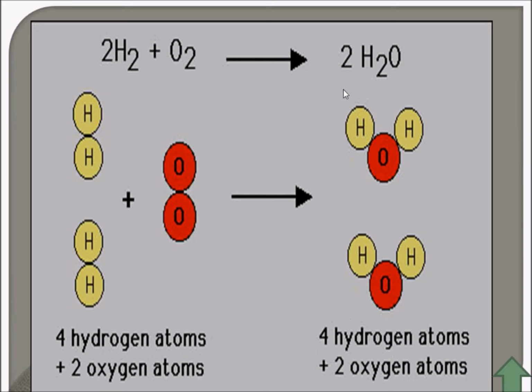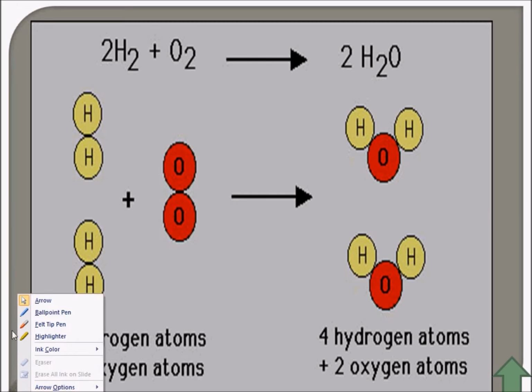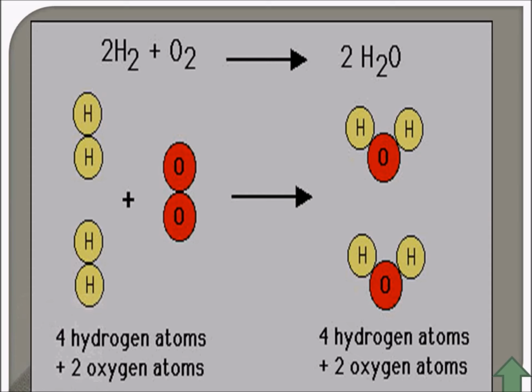So this is an example of a water molecule where you can see here the chemical reaction. We have two molecules of hydrogen combining with oxygen. Here you can see the mass of reactant is equal to the mass of product,